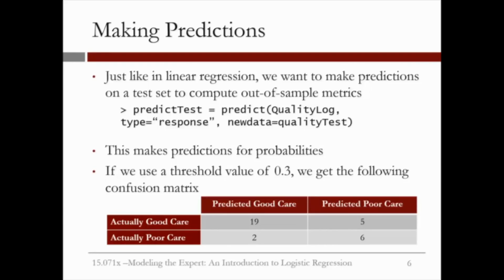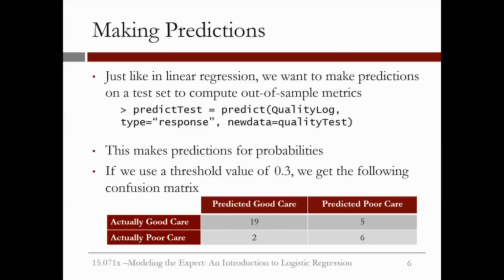We make predictions about probabilities, of course, simply because logistic regression makes predictions about probabilities. And then we transform them to a binary outcome, the quality is good or the quality is poor, using a threshold. In this particular example, we used a threshold value of 0.3, and in doing so, we obtain the following